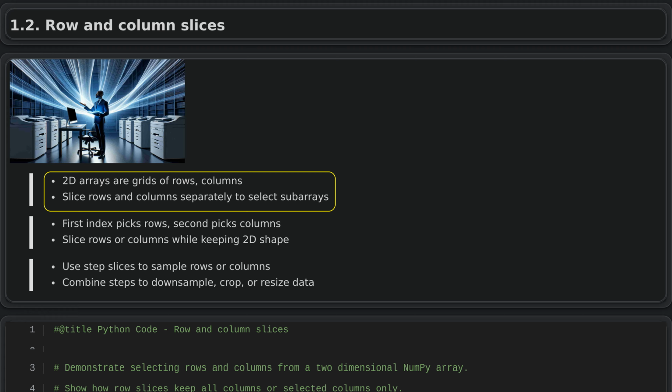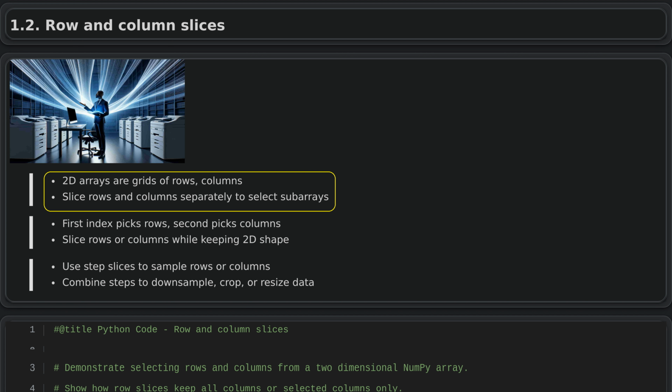Row slicing lets you choose specific rows, and column slicing lets you choose specific columns. For example, if rows represent patients and columns represent measurements, row slices select certain patients and column slices select certain measurements. You define the slices for rows and columns separately, and the array library combines them to produce the subarray